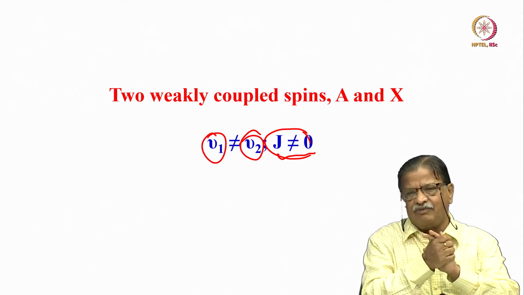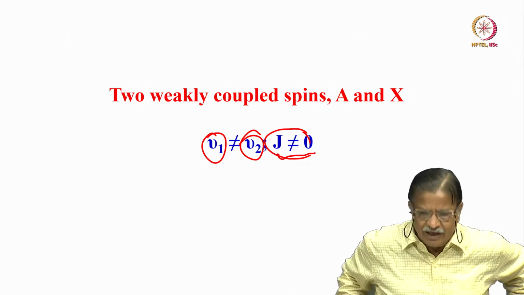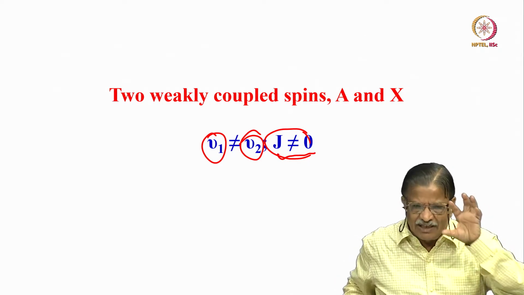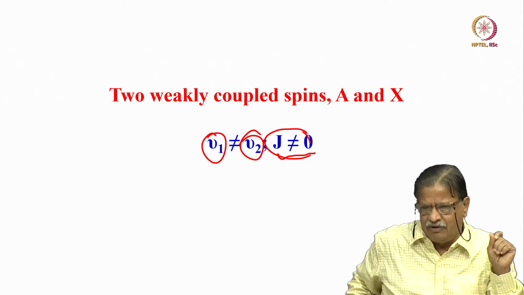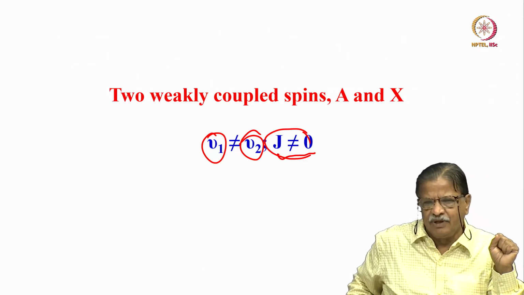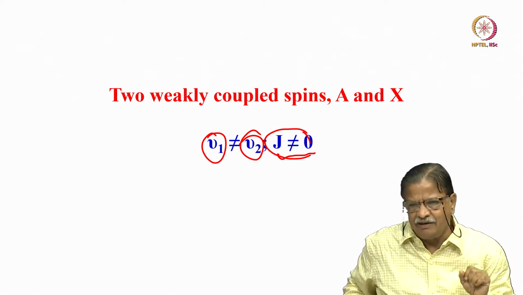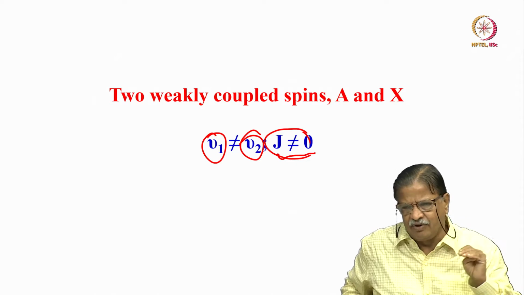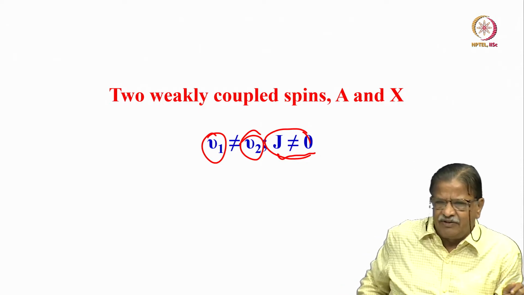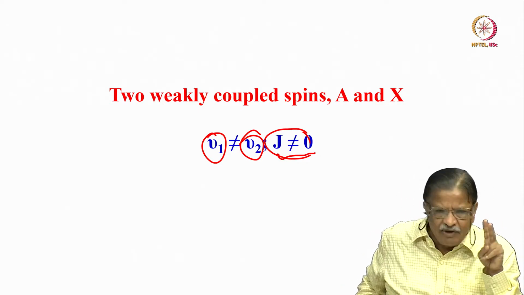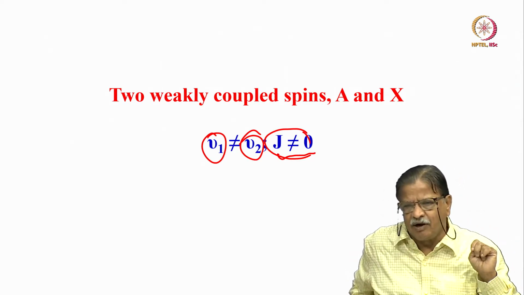So, in this class, we tried to understand quantum mechanically a 2 weakly coupled spin system. We first constructed the wave function, then defined the Hamiltonian and constructed it. Afterwards, we have to calculate the eigenvalues, so we express it in the form of a matrix, which is a secular equation. We already know that H_mn minus E delta_mn, that secular equation, when equal to 0, we express in terms of the matrix. With 2 spins, we have 2 to the power n by 2 to the power n, so there are 16 matrix elements for a 2 coupled spin system.